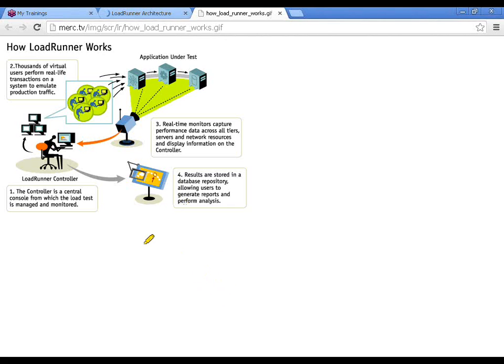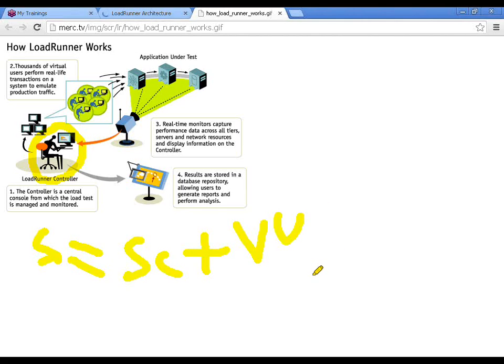The first point is that the controller is the central console from which the load test is managed and monitored. This is the LoadRunner controller. How do we manage and monitor? First of all, we need to understand what a scenario is. A scenario, as I said, is script plus number of virtual users.